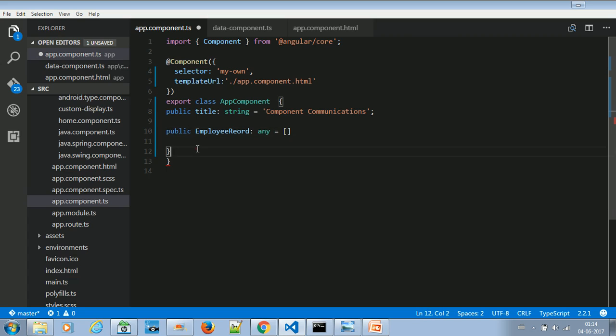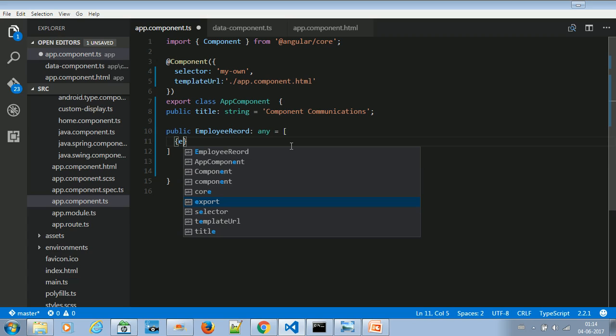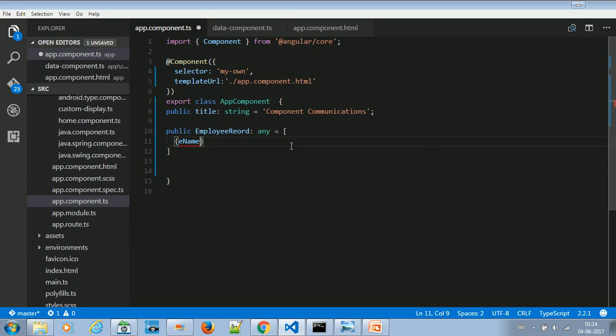So let it be any, it should be object or array of, it is actually a data type of array. Let's take array, let's not take object. An array of objects we'll take. So it is an array having employee records as an object. So employee number 1. So first part I want to say if this comes from the parent, so let me name it E for employee, say E name. Okay, E name, say the first employee, let me write it as say John. Say city colon, and here I give say Mumbai, and salary,